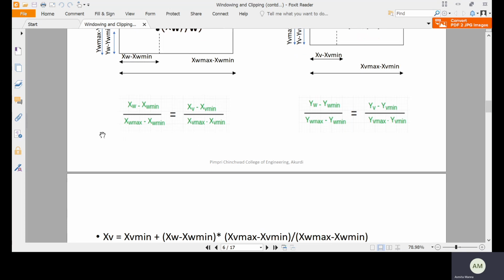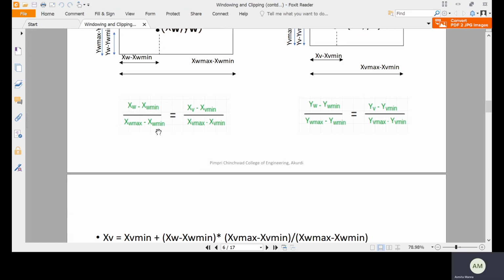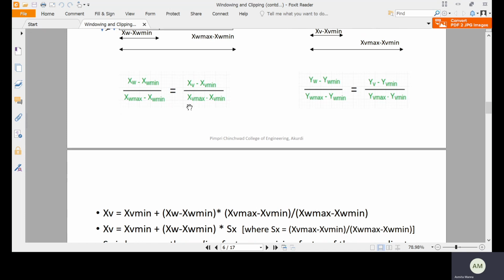These should be multiplied with this whole quantity and then xv mean will be added, right? So xv equals xv mean plus this one into this whole quantity by this value, right? So if I simplify this equation, I will get this. Similarly, now this ratio, that is xv max minus xv mean by xw max minus xw mean, or the